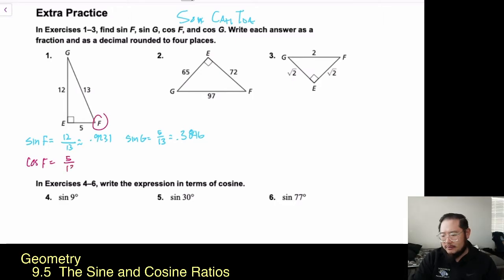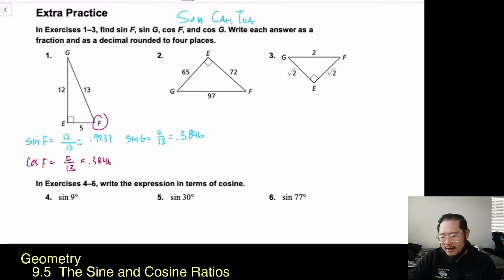Hypotenuse is 13. Now remember, the mistake that I'll often see is students put 13 as the adjacent because it is right next to it. However, there's a more specific answer for that side, and that is the hypotenuse. Okay? And so we got 5 over 13,